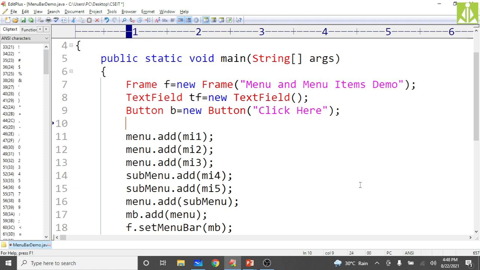So now set the boundaries for both, because they are components, and in order to see those components on your frame, on your container, we need to set the positions.